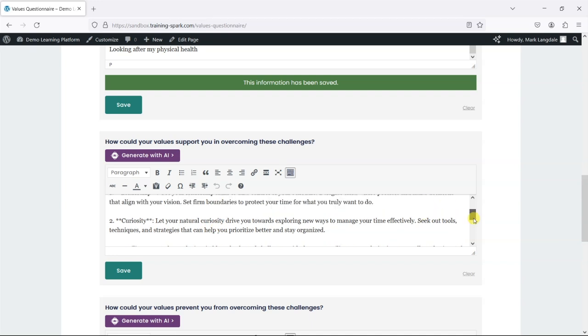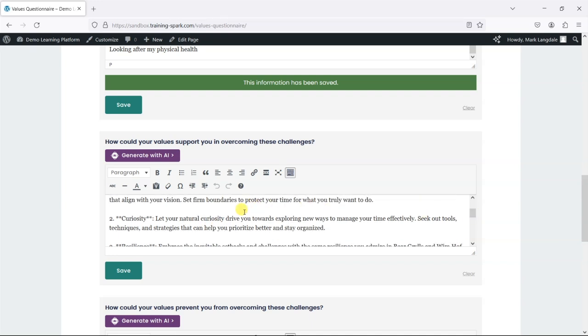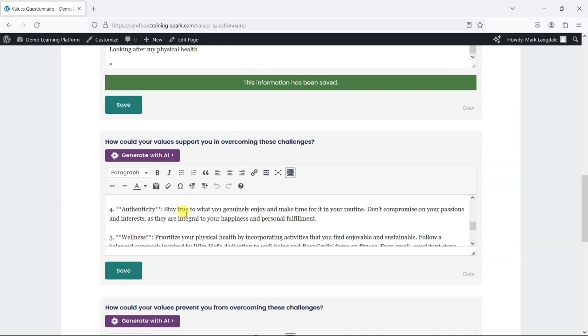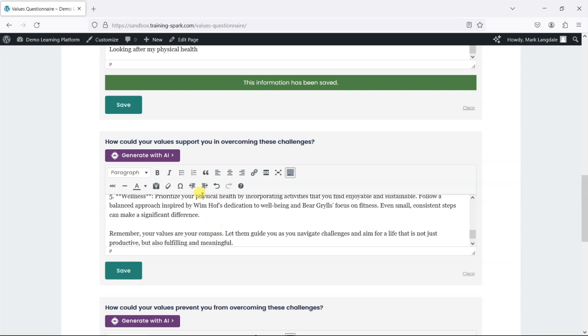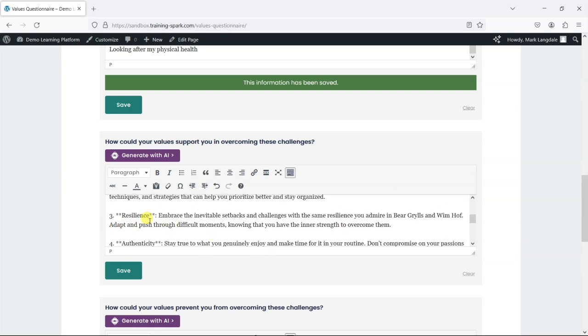We can say, leadership will help us with this, curiosity will help us with this. And I can amend these if I want to and say it will also help with X, Y, Z. But that has helped me to think through these